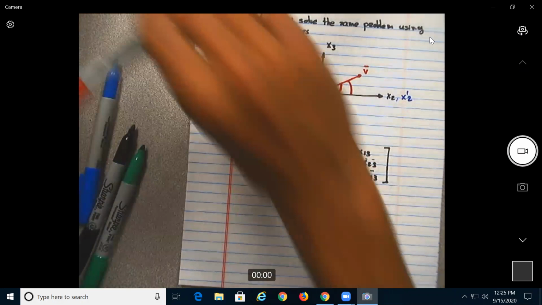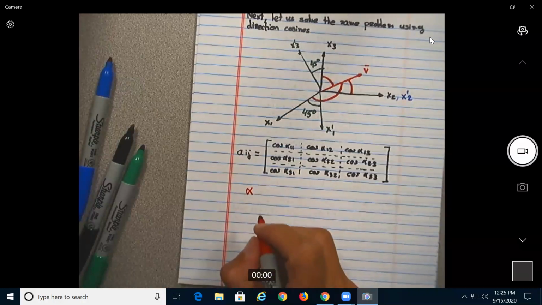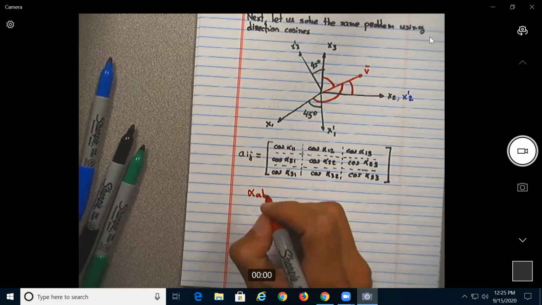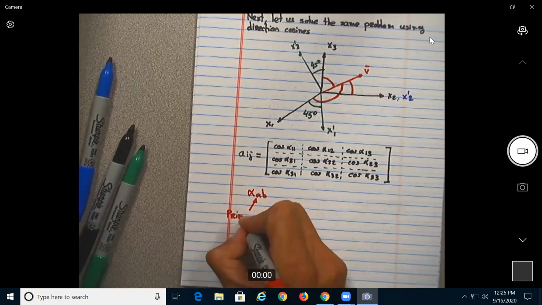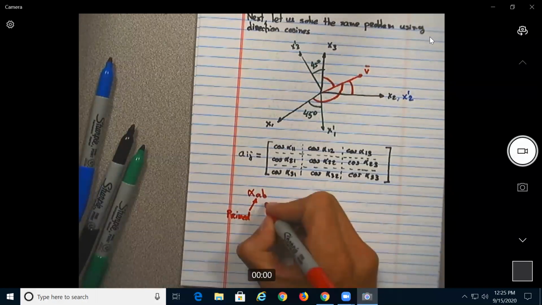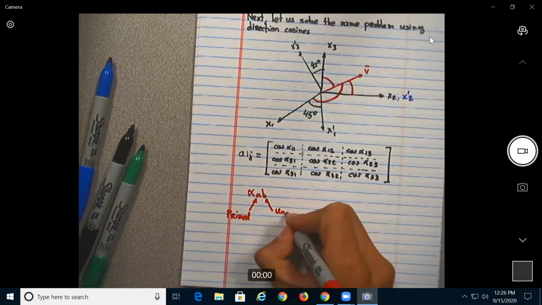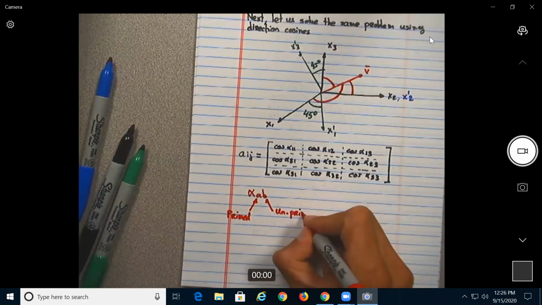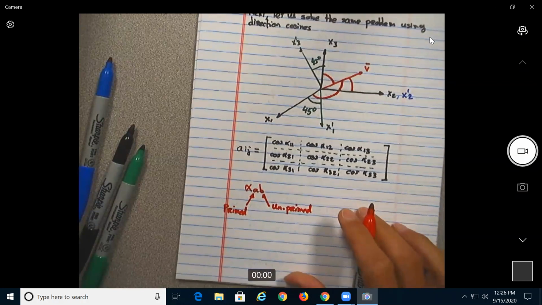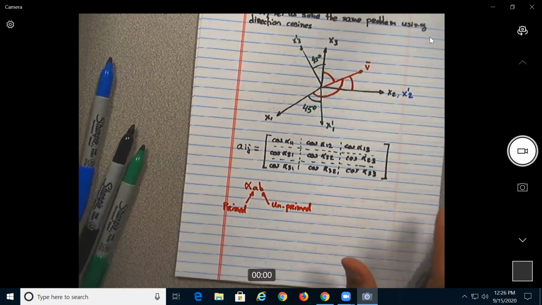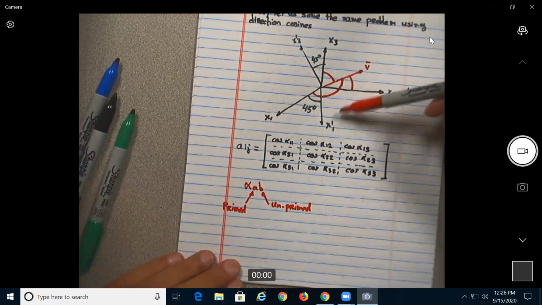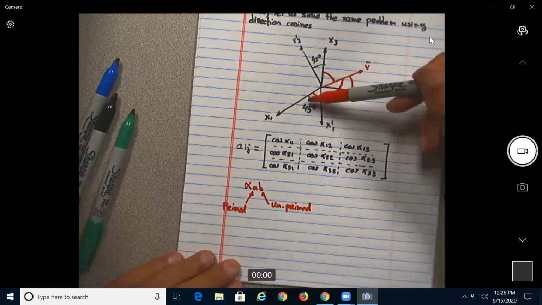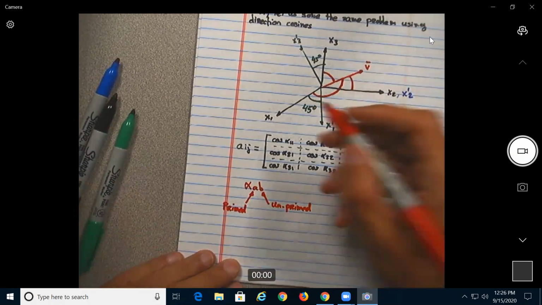Okay, so here we need to be careful because this is the difficult part. Alpha AB, the angle, means this is the prime axis and this will be the unprime axis. This is the part that I always have a hard time to visualize, but basically if you do alpha 1,1, between x prime 1 and x1, what is the angle is